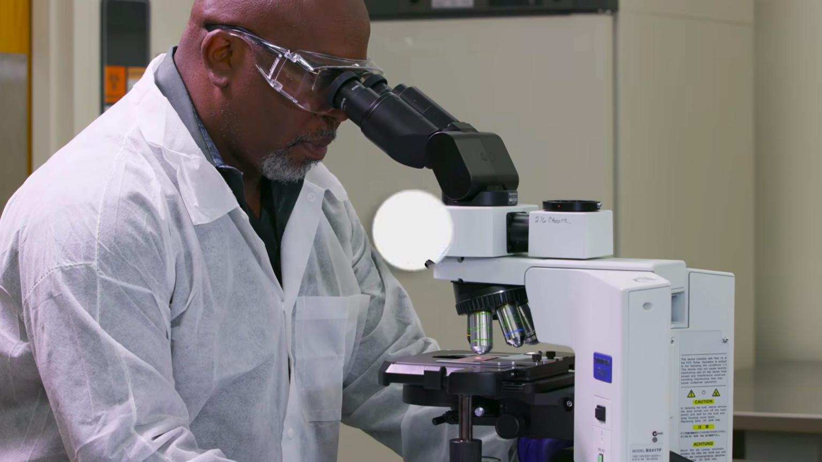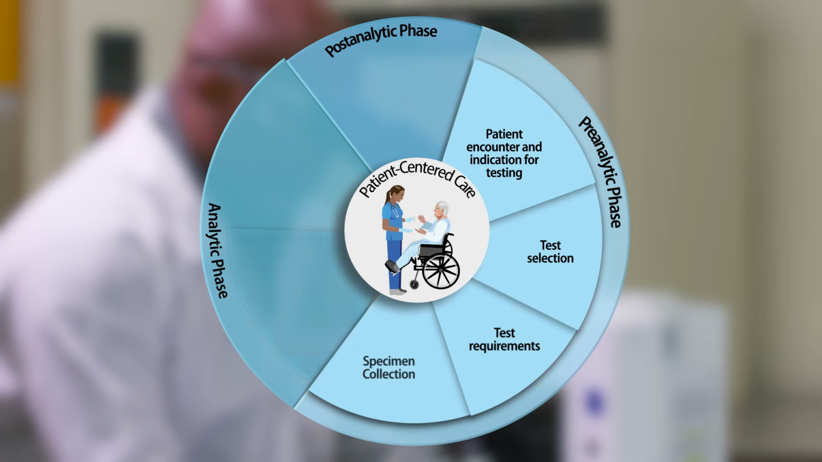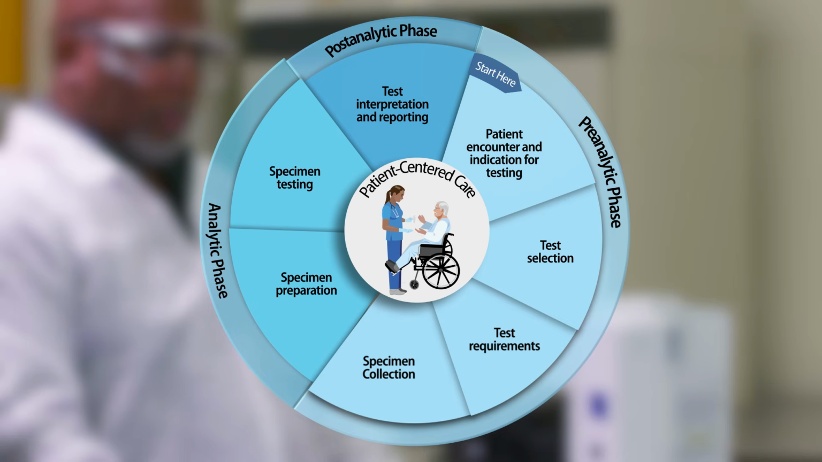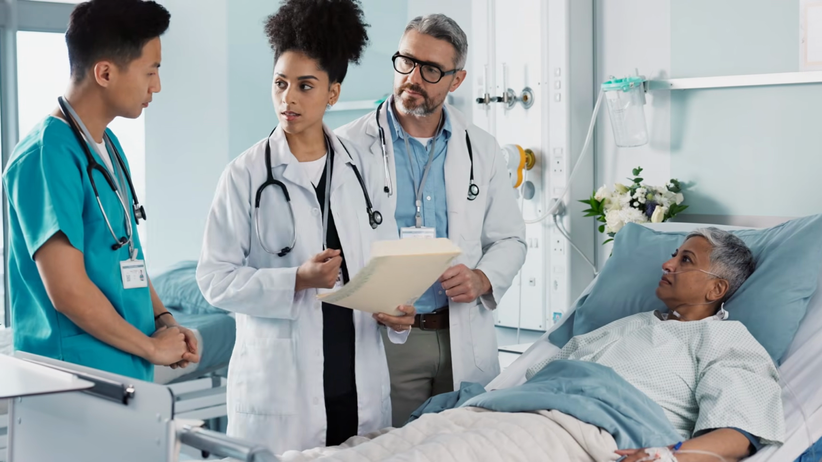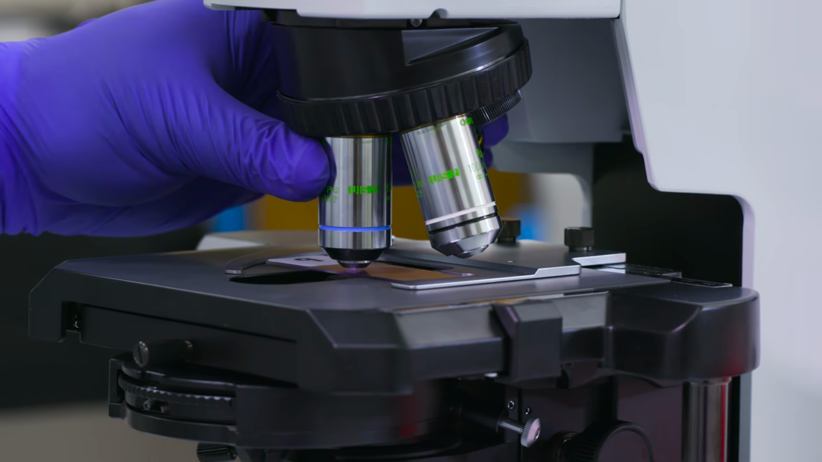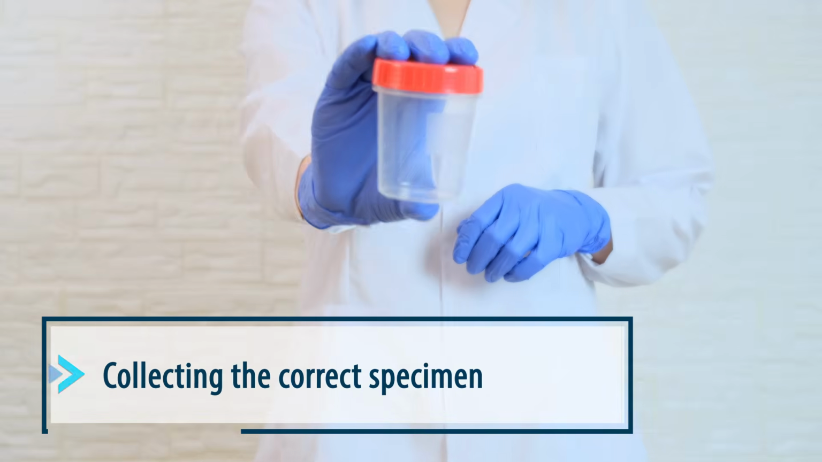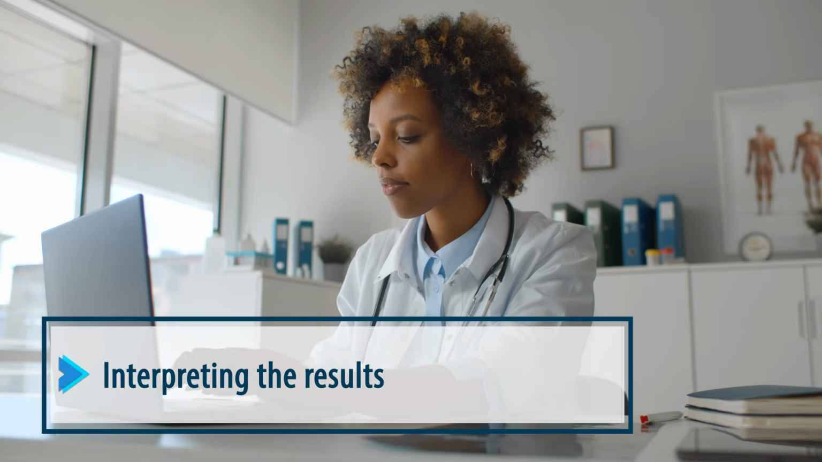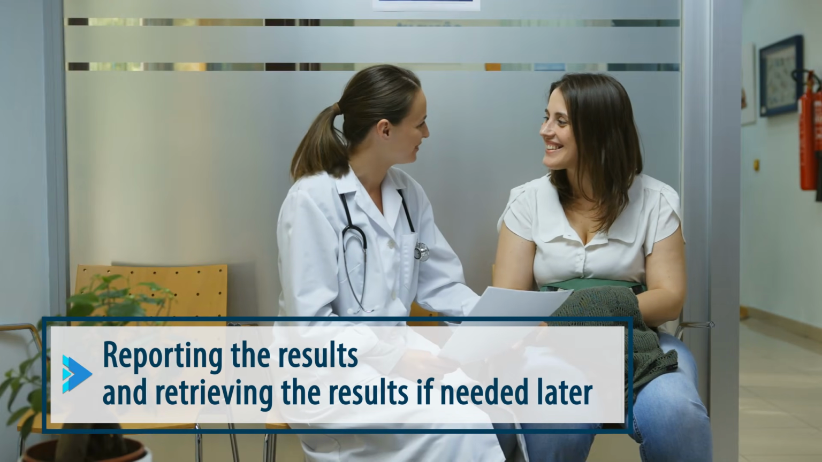The total testing process includes the pre-analytic, analytic, and post-analytic phases. It serves as a guide to ensure accurate results when performing PPM procedures. In review, the key components of the total testing process that affect patient outcomes include selecting the appropriate PPM procedure, collecting the correct specimen, performing the correct procedure, interpreting the results, reporting the results, and retrieving the results, if needed